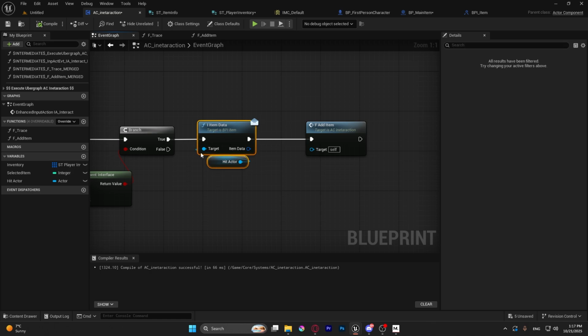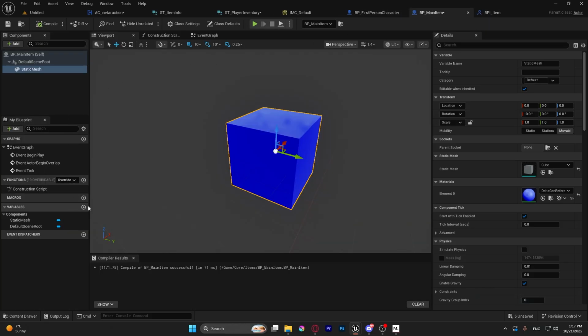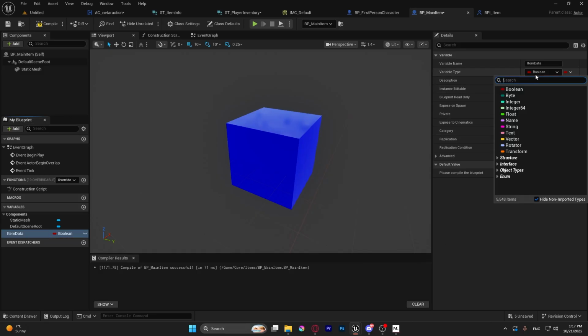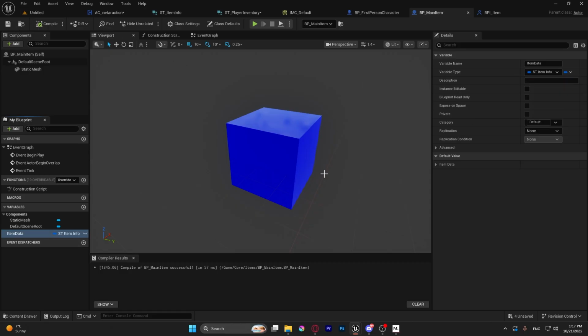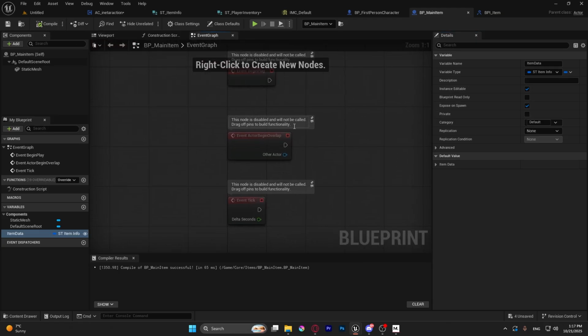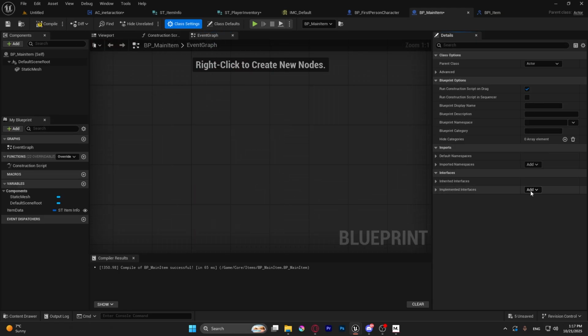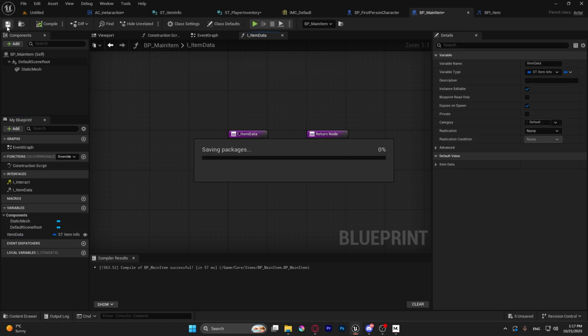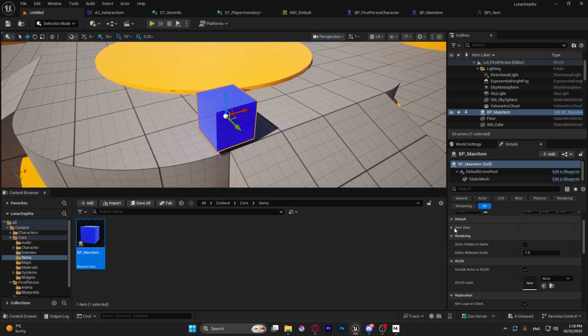So, and to get this data, to actually get this value that we're getting, you basically go to main item and have a variable of ST item info, or just item data. It should not be an array, it should be instance editable, expose on spawn, of course. And we can go to class settings and add this interface. Okay, so if we double click on it, we can plug this in. So that means if we edit the data,